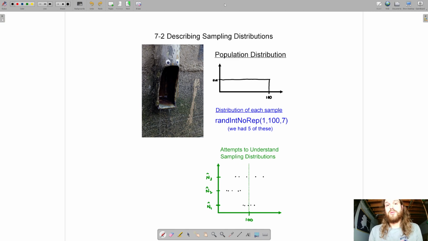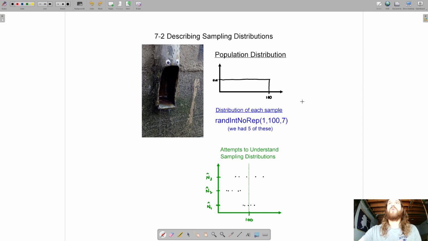Let's go ahead and jump right in. Let's first flash back to the googly eyes activity that we did. We're just going to remind ourselves what happened. You didn't know how many googly eyes I had, but I numbered them 1 up to n, some number, and then you had to guess what that number was. Before we actually did our guess, you tested. You came up with your own statistics. You did combinations of statistics. You doubled the median. You doubled the mean of your sample of 7 to try and get a guess at the total number. But you weren't doing it with the googly eyes. You were doing it with a set population that we knew the count of, and that count was 100. So just a quick refresher